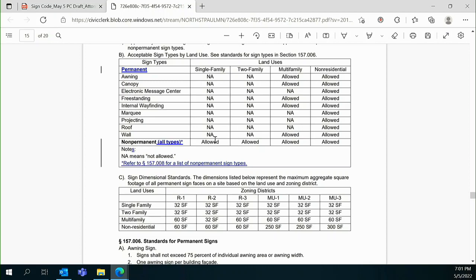We don't have permanent defined in our definitions. We did at one point, but we don't now. Or at least on the draft, we define non-permanent. Well, we don't define permanent, but we do say that freestanding and building signs are permanent. Right. So we could do a reference, a permanent equals, if we want to do that. So under permanent sign, we would say C, building or freestanding.